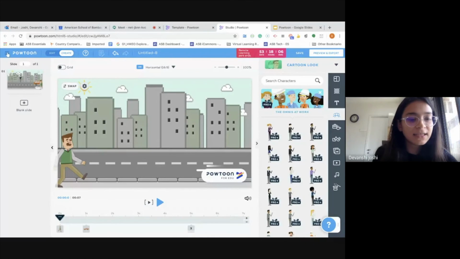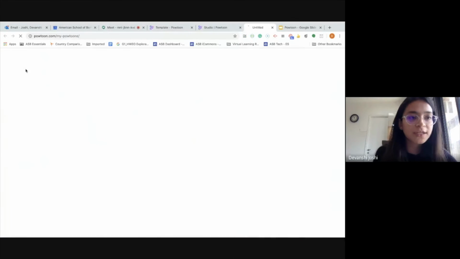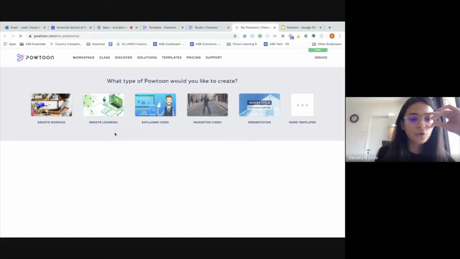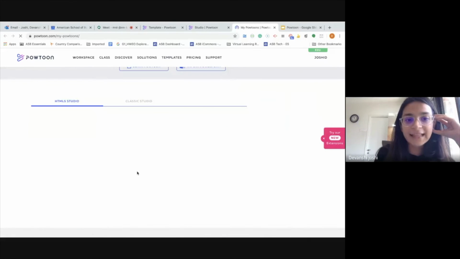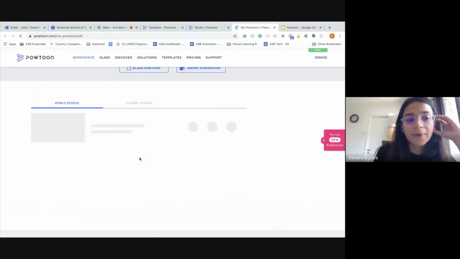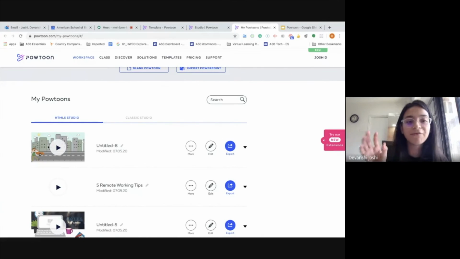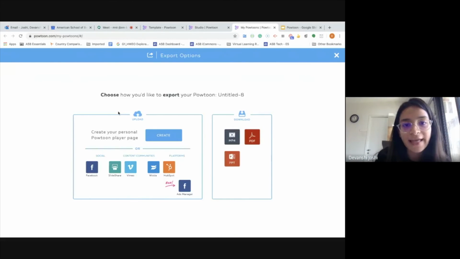Up here you'll see you can change the name of the document. And here there are options for you to go back to the templates. This is for the workspace. So once you create your Powtoon, it's going to be visible in your workspace, and then you have an option to download it. But when you're downloading your Powtoon right now, if you have the free version, you can just put this video on, export this, tap on export, and then you can export it to your Powtoon